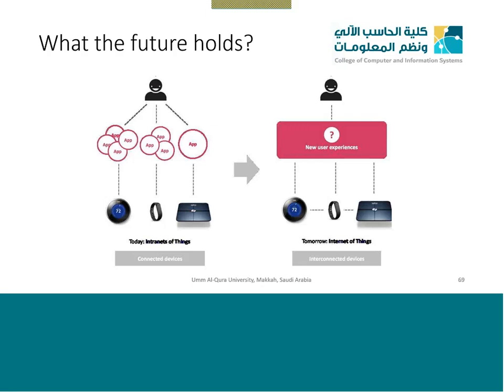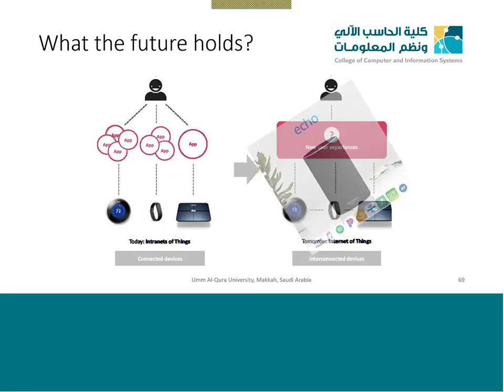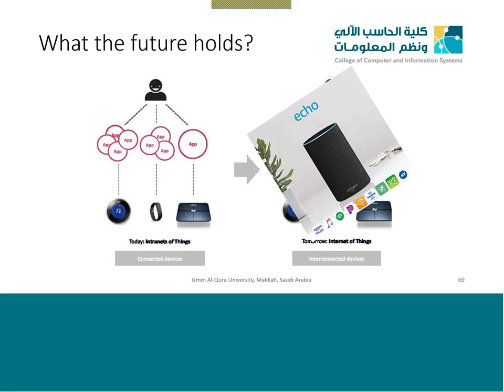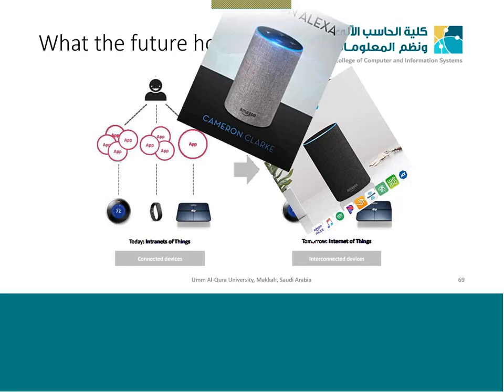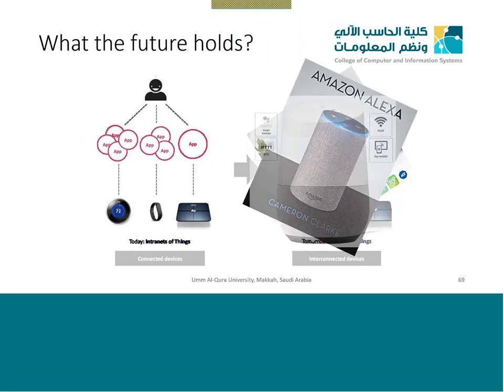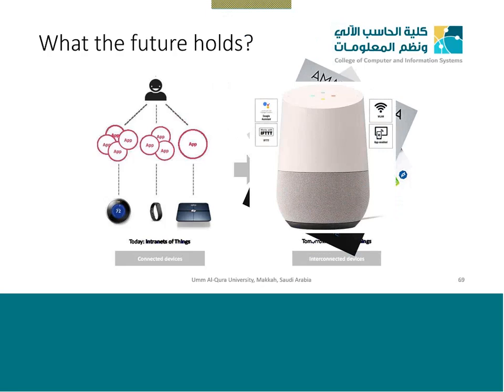The app should be removed. There should be a common device in this place, or a common middleware application which can deal with all this data and just provide us with the meaningful information. Some companies have started working on it, like for the home only, not for industrial applications. You would have seen Amazon Echo, the Alexa, then we have the Google Home, which will try to connect to all the smart applications in your home.